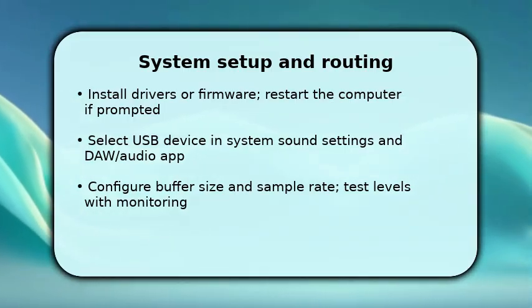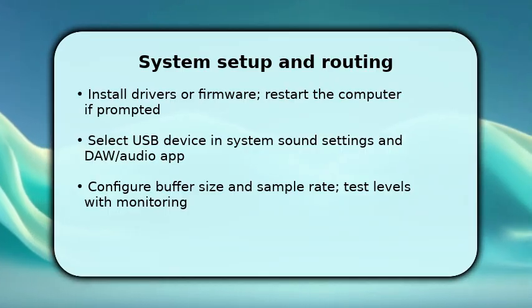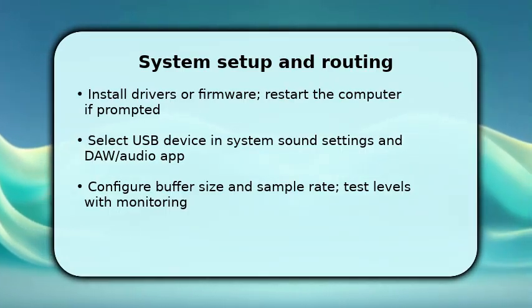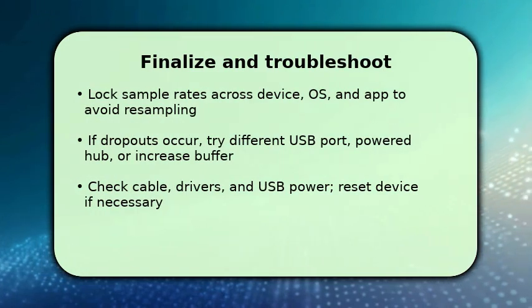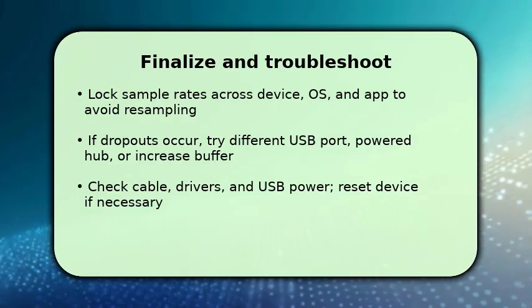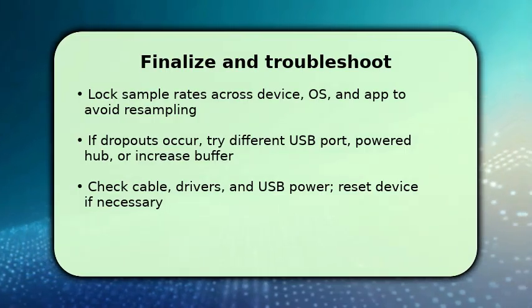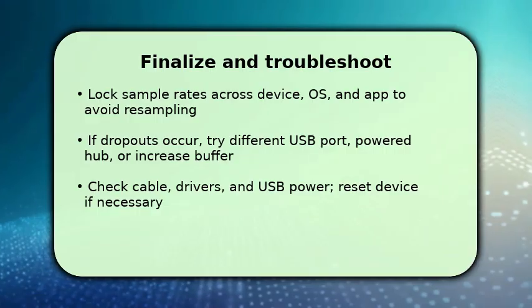Finally, test signal levels with monitoring to avoid clipping. To finish, lock the sample rate on the device, the operating system, and the application so you avoid automatic resampling and sync issues. Once routing is stable, save the device as default or create an I/O preset in your app